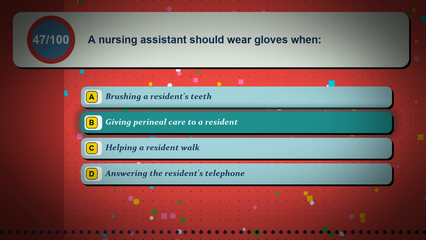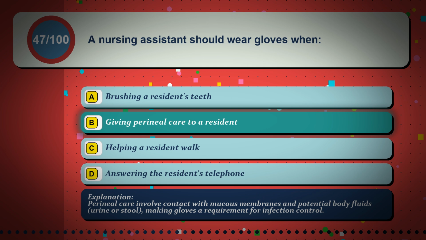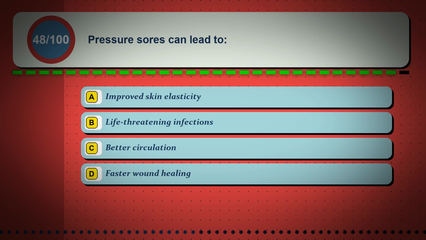The correct answer is option B, giving perineal care to a resident. Perineal care involves contact with mucous membranes and potential body fluids, urine or stool, making gloves a requirement for infection control. Question 48. Pressure sores can lead to